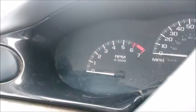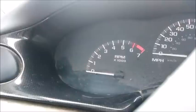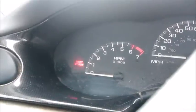I've changed the cam sensor. I've changed the front crank sensor. My buddy said that he had a shop that changed the front crank sensor. They didn't change the other sensors. They just changed that back crank sensor. I've checked all my wiring for 5 volts going to all my sensors, and this has gotten worse and worse. And all of a sudden now, it wouldn't even crank. Well, it would crank, but it wouldn't even start. Before I could drive it for a day or two, Buddy was able to drive it for a week or